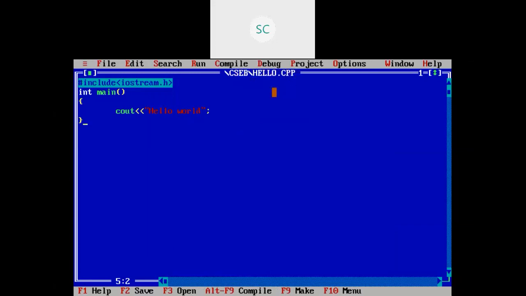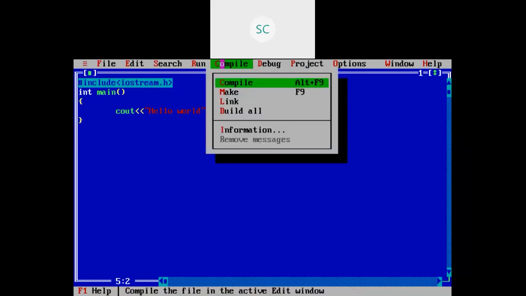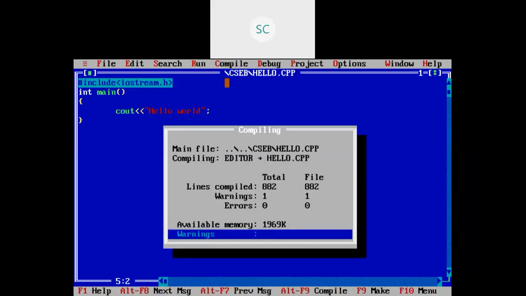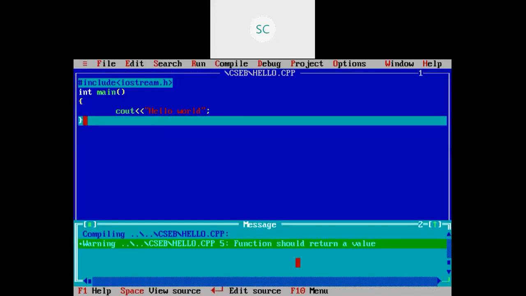After saving your file you need to compile your code. How to compile? Go to the Compile option and click on Compile, or else directly use the shortcut Alt F9 for compilation. Here it is showing one warning. What is this warning? Here you can observe that if you have any warnings or errors, they will be displayed here.